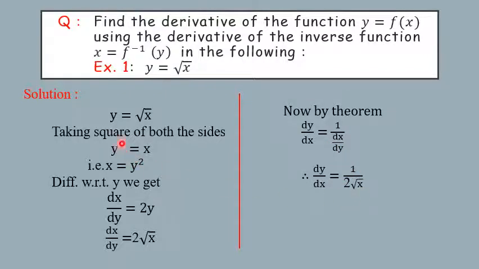Okay, and here also if you directly take the derivative of this, the same result will come. Only the question here is that you do not have to directly find the derivative of this function, you have to define the inverse function of this function. And then we find the derivative of that inverse function, and by using this theorem we are going to find the derivative of the given function. Okay,